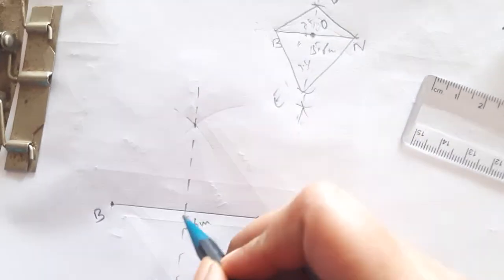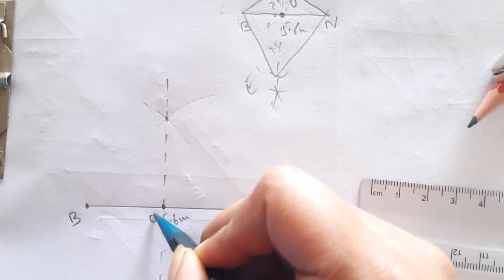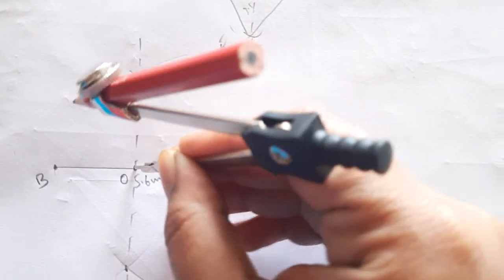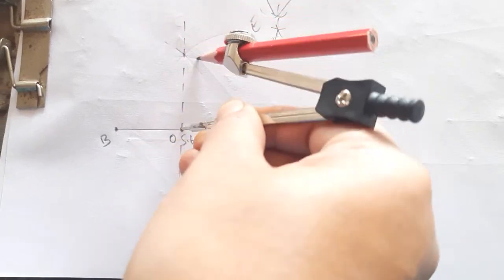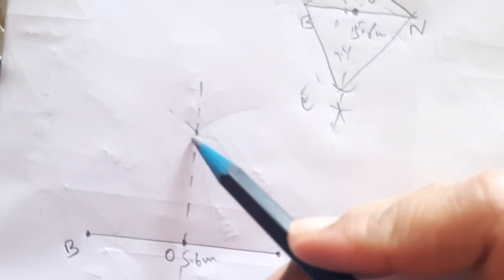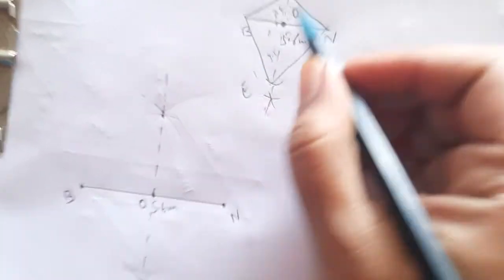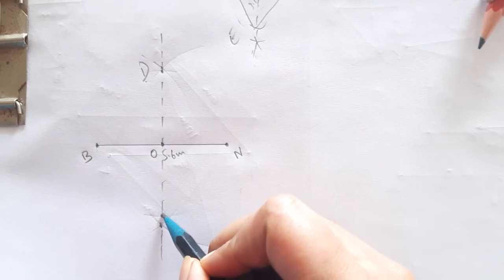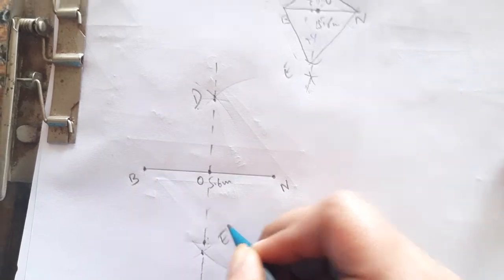And I forgot to label this dotted line where it will touch the baseline. You should label it as O, children. Now from O, measure 3.5 with the help of compass and cut an arc above and one more arc below, like this. See, I cut an arc here. It is at this point. I will label it as D according to my rough sketch. And this arc at 3.5 is cutting at this point. You can see the arcs' intersecting point, this is vertex E. So I will label it as E, children.